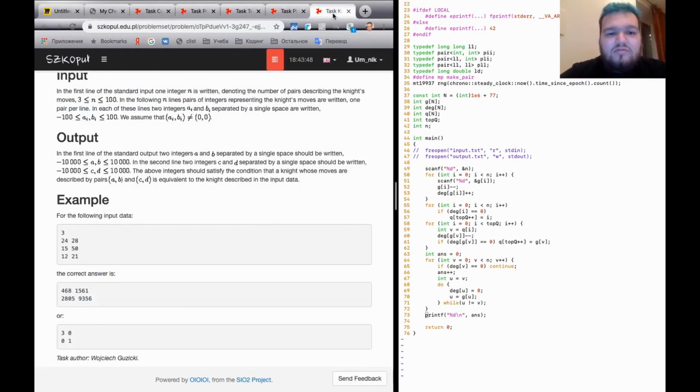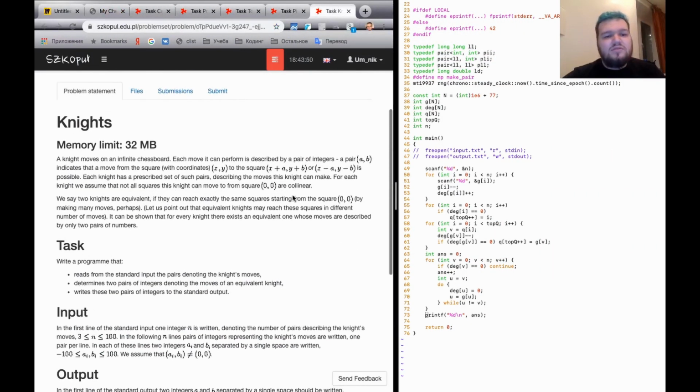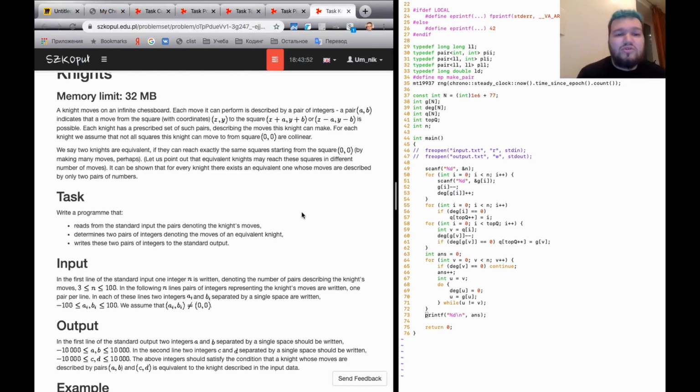Okay, I want to solve this one. It looks more interesting than the other two. And then I'll probably take a break and try to figure out how to fix my drawing, because this is unusable. Okay, so